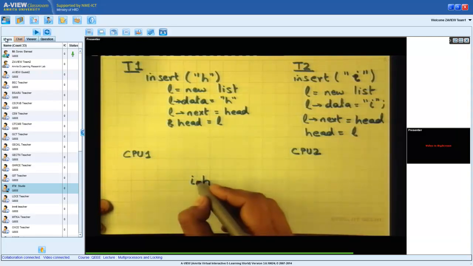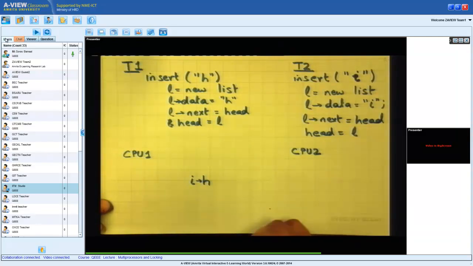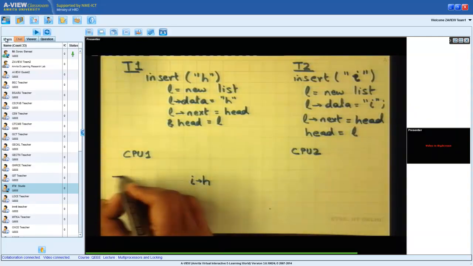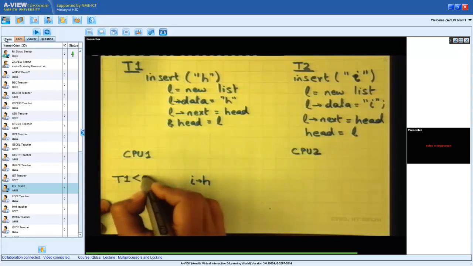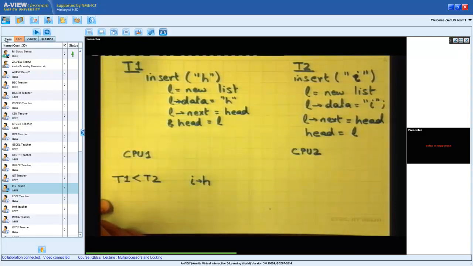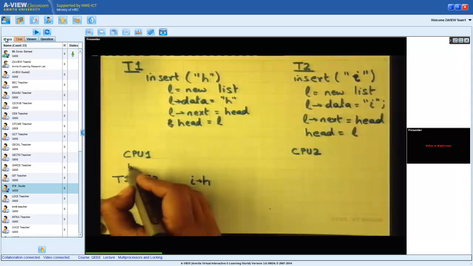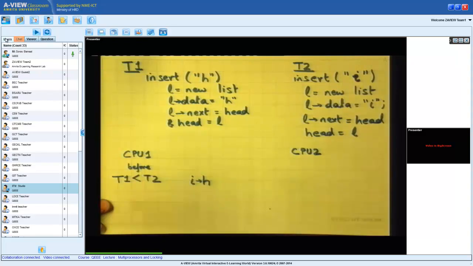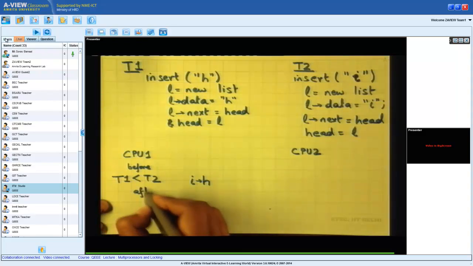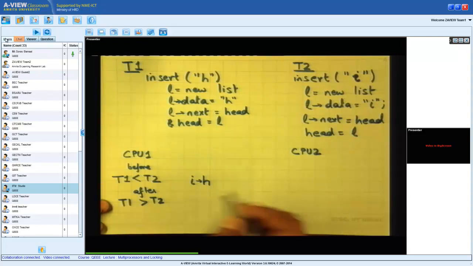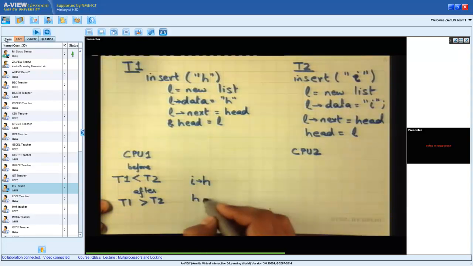So I pointing to H. That's one output, if thread 1 executes before thread 2. If thread 1 executes after thread 2, then you get H and I.